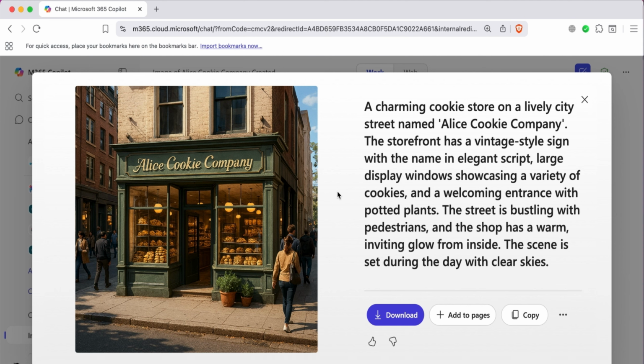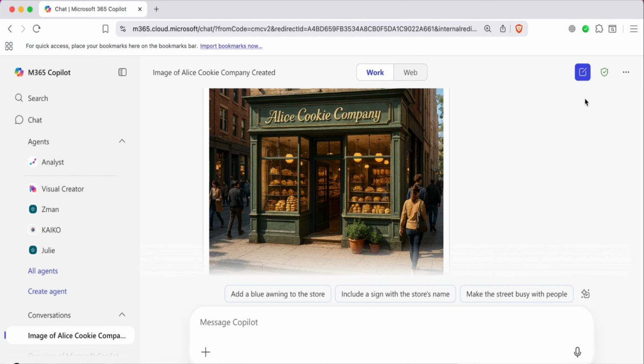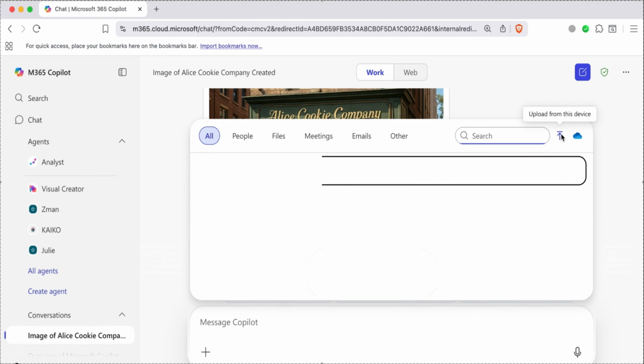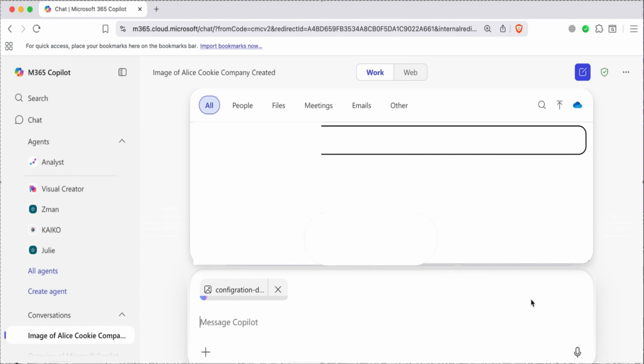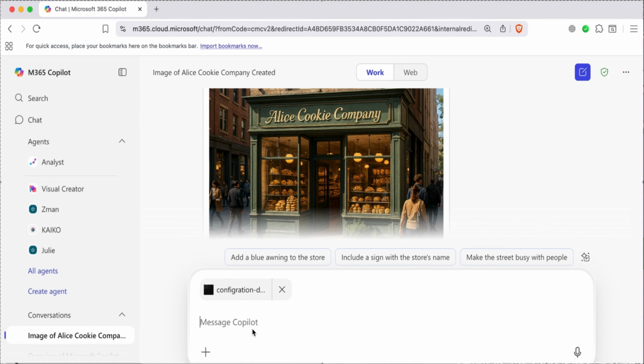Now, you can even upload any kind of image and ask questions about it. The image recognition capability in Copilot with vision multimodal support can be a powerful tool for analyzing, interpreting, and generating technical content based on images. For example, let's upload a screenshot of a terminal showing AWS CLI output. For that, I'm just going to click on the plus sign over here and click on add content. And then I'm going to click on this upload from this device sign, go on desktop and upload my file. Now I'm going to type in my prompt saying, explain what this command and output means.